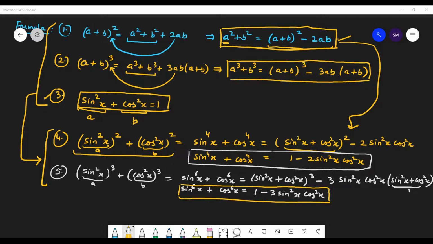So let's start the next question. Okay. Okay, sir. So the next question is root 3 cosecant 20 degree minus. Okay. So here also, before doing this question, the formulas that we are going to use are